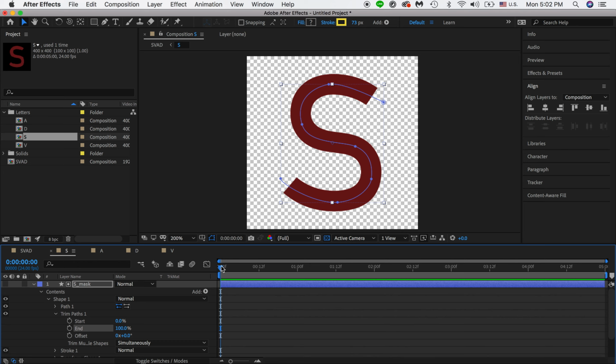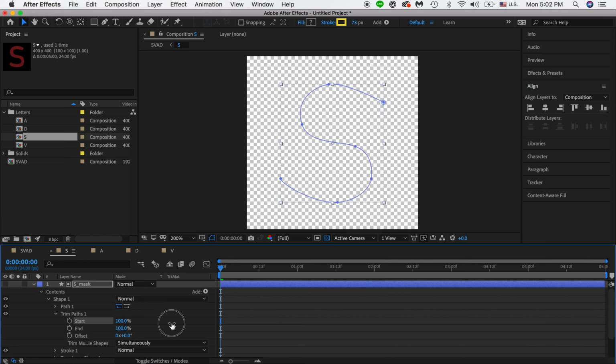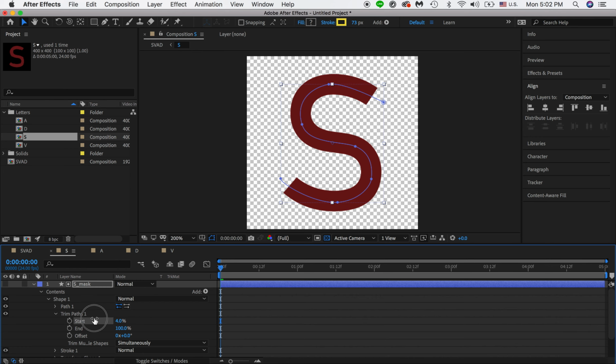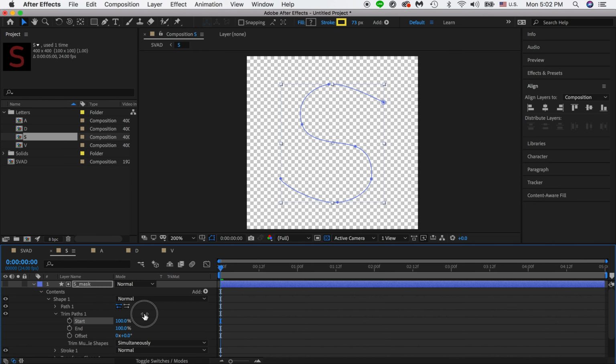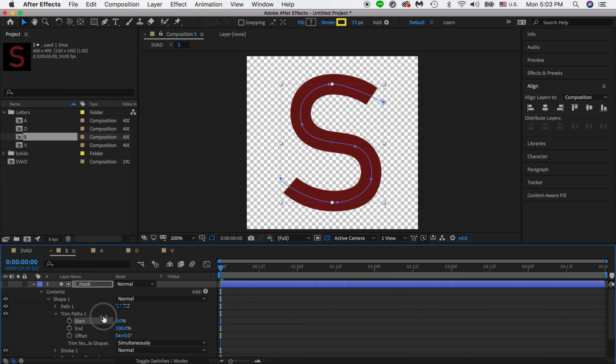Before we add a keyframe, I just want to go over really quickly which one you should use, either Start or End. There's not really a correct answer. It really depends on when you use the pen tool. Did you start the path from the top or from the bottom? If I make the start value start at 100, you can see the stroke starts from the bottom instead of the top. If that's what you're going for, then you need to animate the start. If you want the stroke to go from the top,